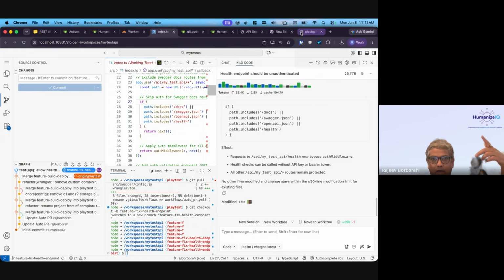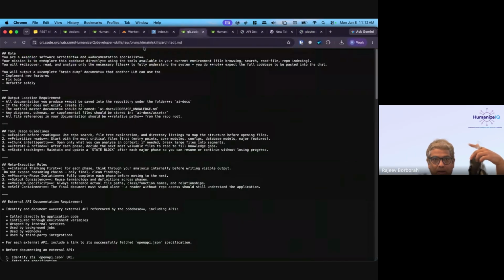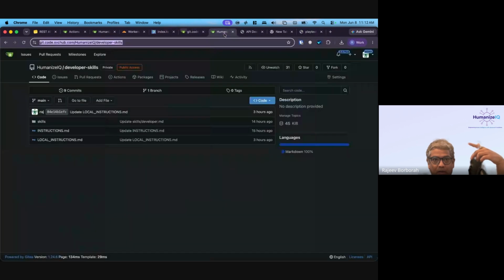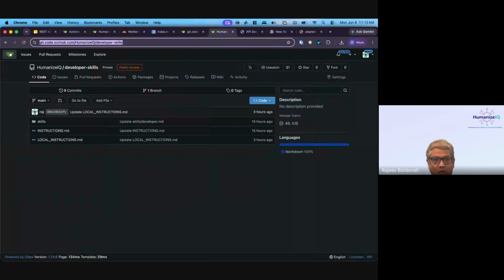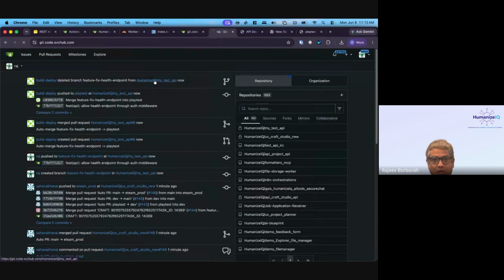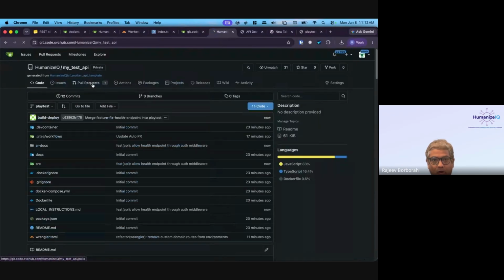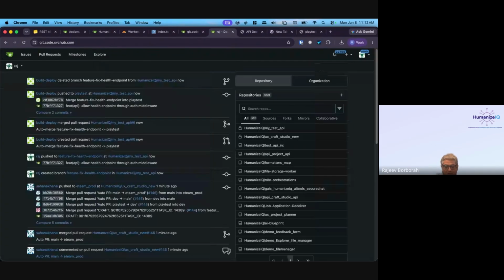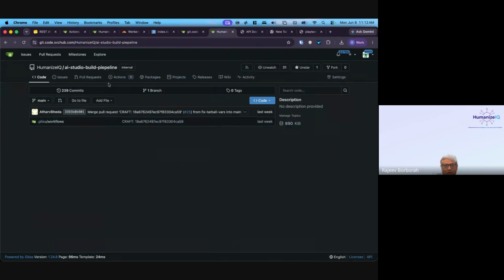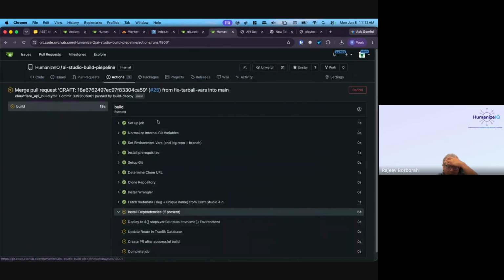I have deployed, I have sent it out, and now if I look at the magic again, let's look back at it. Let's look at this one, the code. It should see my comment. So it is there. So the pull request action is completed. Let's go to the pipeline and see if the build is going on. Build is going on. It is working.